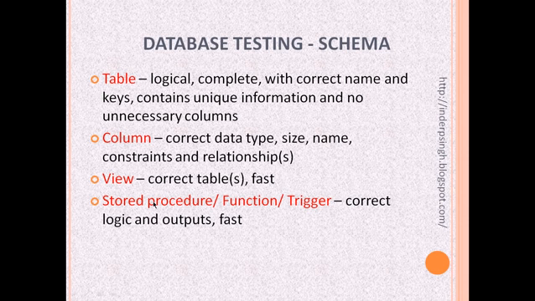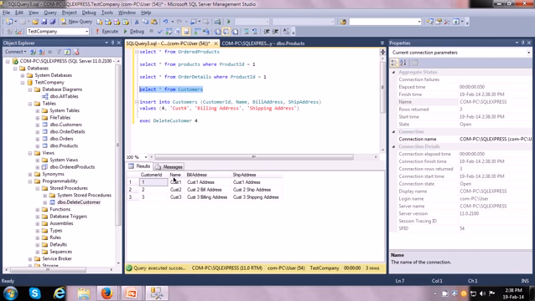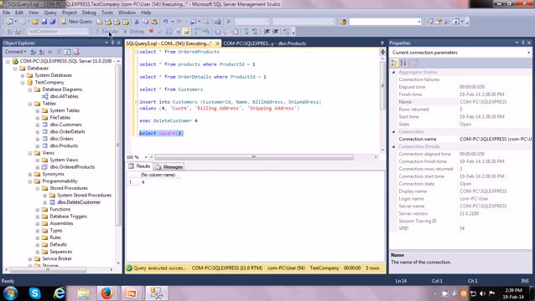So this is how we can test a stored procedure. The same thing we can do with functions. There can be functions created by the developers. For illustration purposes, I'm just going to use the functions that are built into SQL Server. Let us say I want to test the built-in function square. I can say select square of 2, and I'm expecting it to show a value of 4. It does show 4, and it is less than a second execution time, so it is okay.